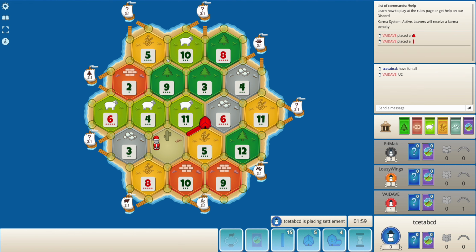Here I'm also considering something like 9-5-10 to be honest. Because 9-5-10 does give me access to three resources, whereas the other 9-5-10 doesn't give me access to the three resources here. And there is not a lot of wheat sheep spots, or else I would have considered 6-4-11 as well. But